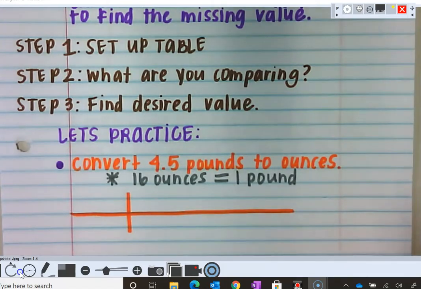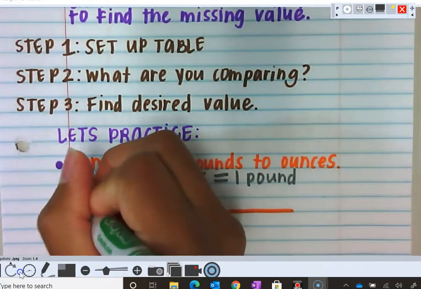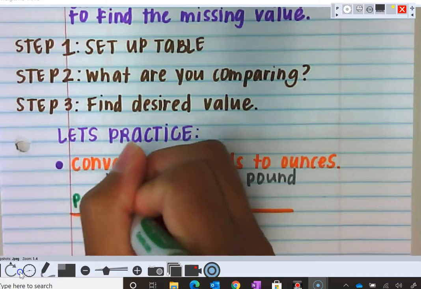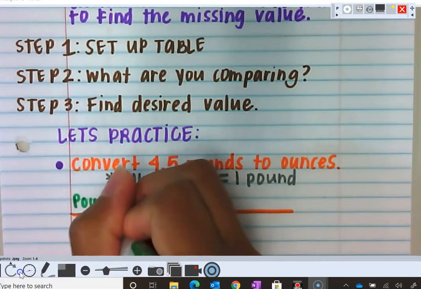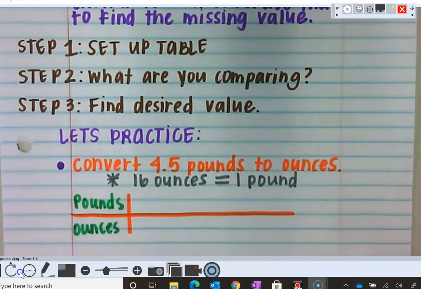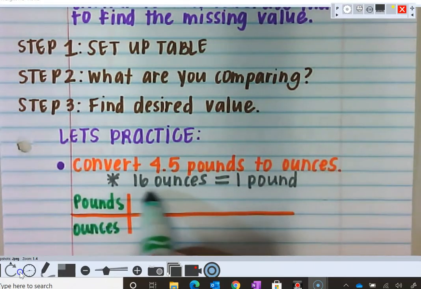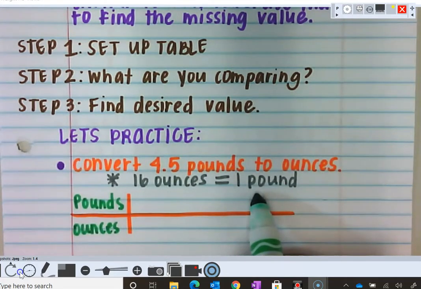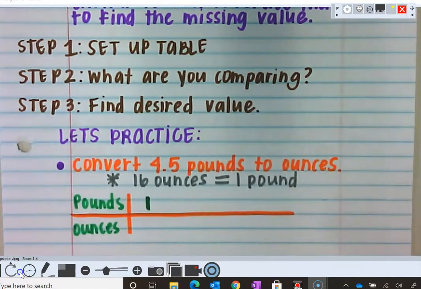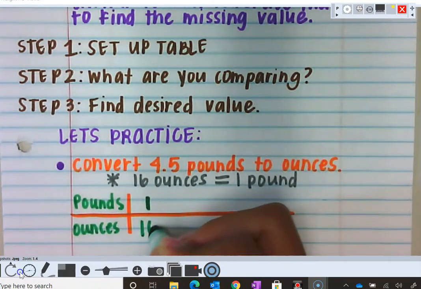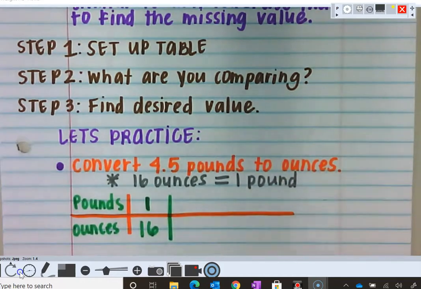And let me write that in my table. We're comparing pounds to ounces. And we have 16 ounces for every 1 pound. So I'm going to put 1 pound here. And we know that 1 pound is equal to 16 ounces. So now our next goal is to figure out